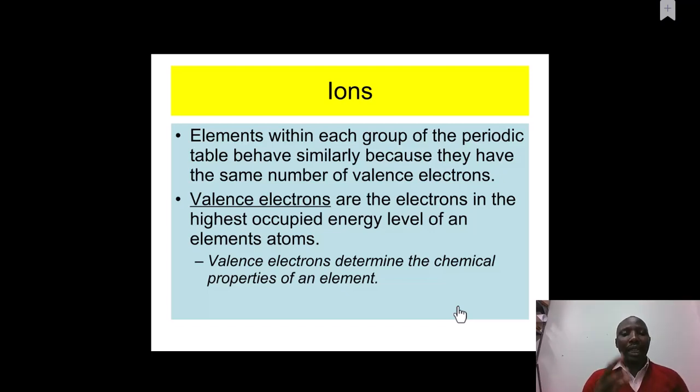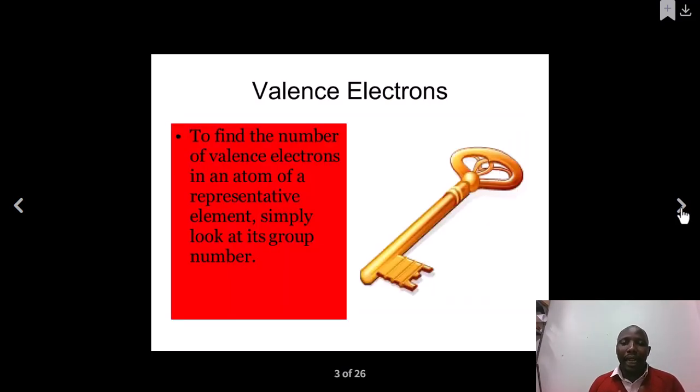An ion can be more stable than an atom. We shall take an example of an atom of magnesium, which has 2 electrons, 8 electrons, and 2 electrons. That is magnesium 2 plus, which means the 2 electrons have been lost. When they are lost, it has 8 electrons on the outermost shell, which explains the stability of an atom. So after defining an ion, we have what we call valence shell electrons.